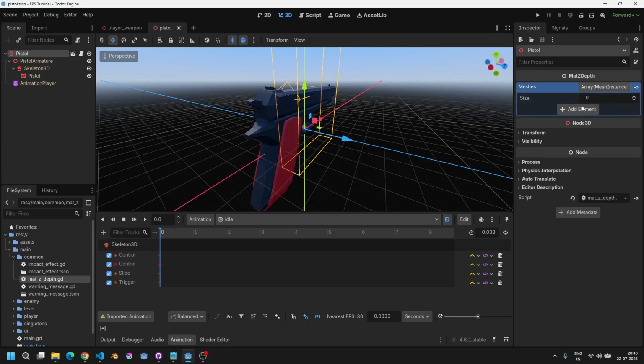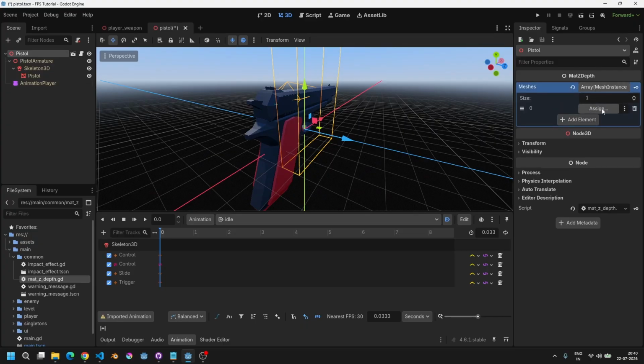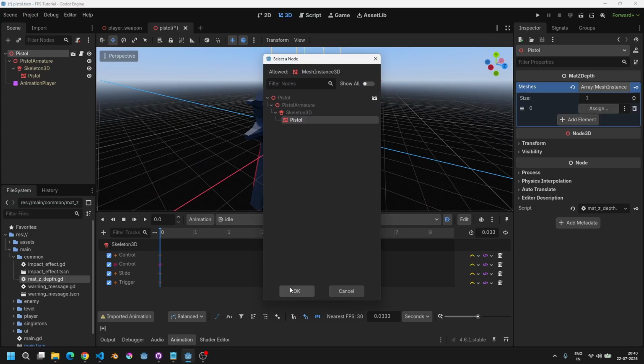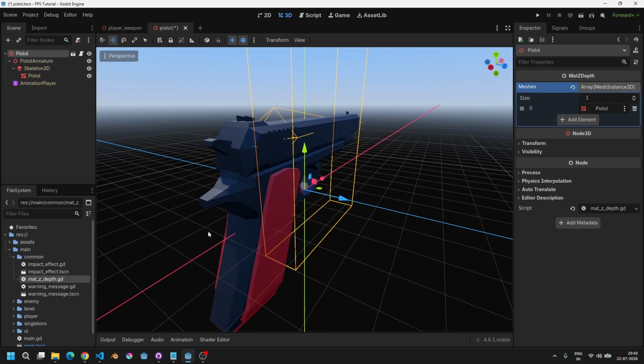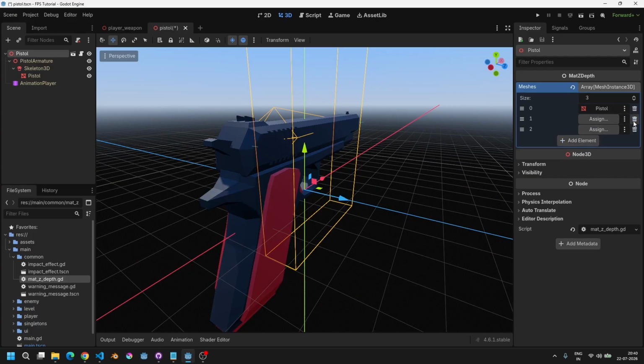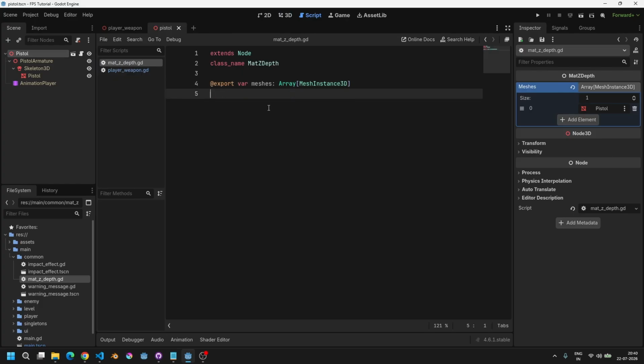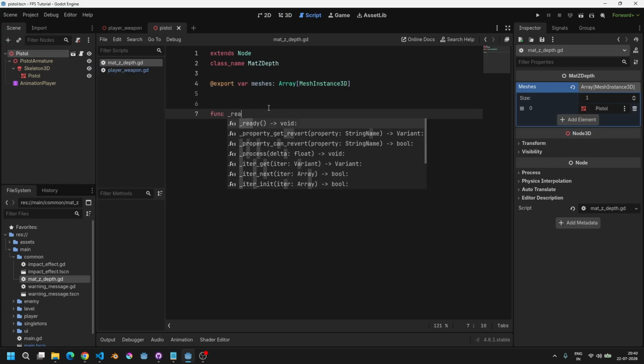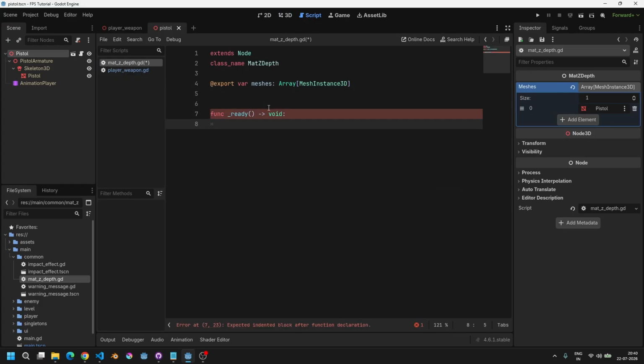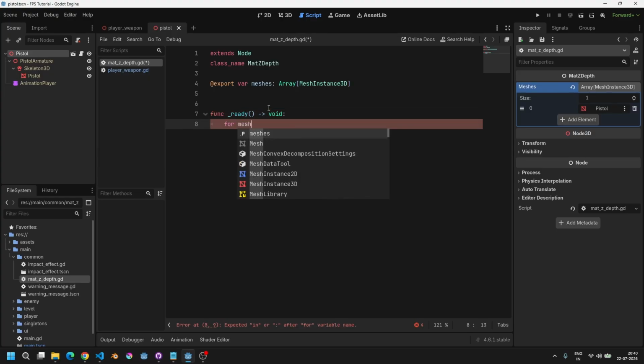and we are only going to have one element over here, which is this pistol mesh instance. But let's say if you had a 3D model which had other objects, multiple objects, more than one, then you could have added more of those over here. Okay, then I will go to ready, and inside of this I will be going through all the meshes in this array,